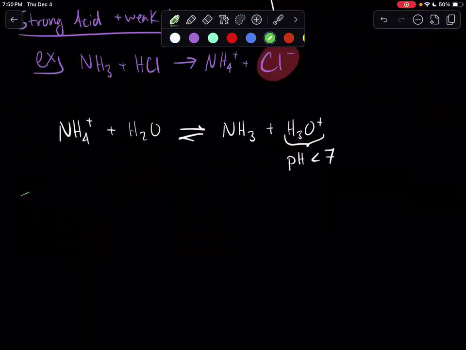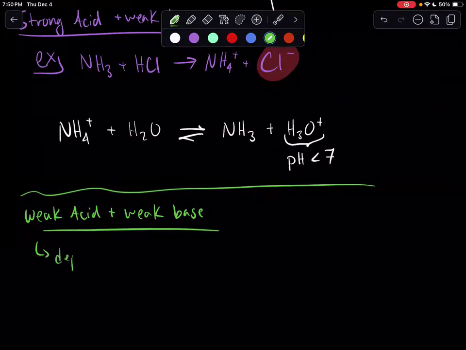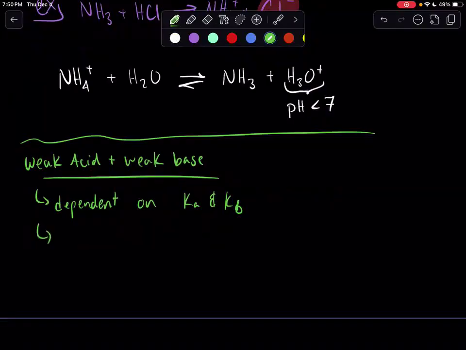So, lastly, what we'll move on to is what if we have a weak acid and a weak base? Won't do too many calculations for this one, or actually not really any at all. But what we can tell is that this is dependent on the dissociation constants, so Ka and Kb of our respective ions. We need to know which ones are going to be more reactive with water, which ones have a higher potential to hydrolyze water. What we generally find is that if these values are similar,